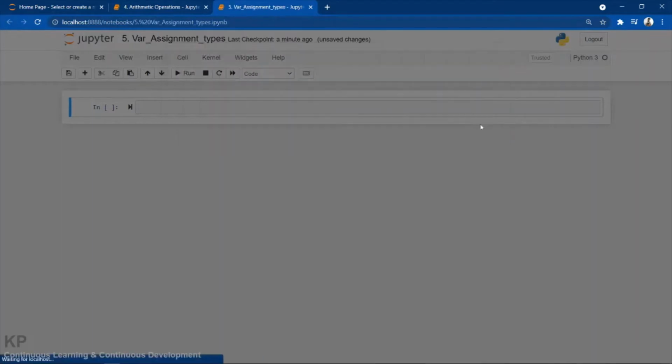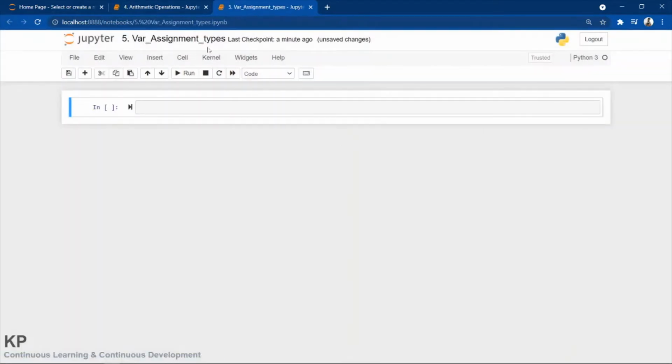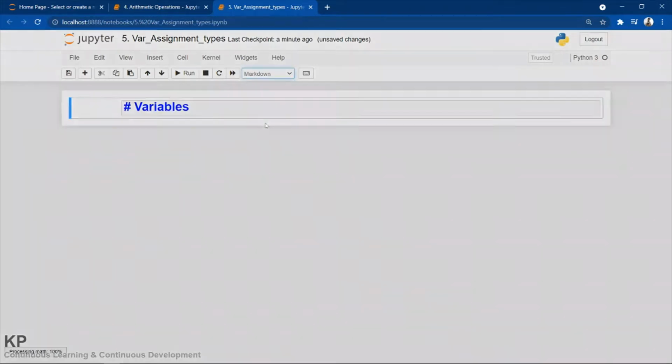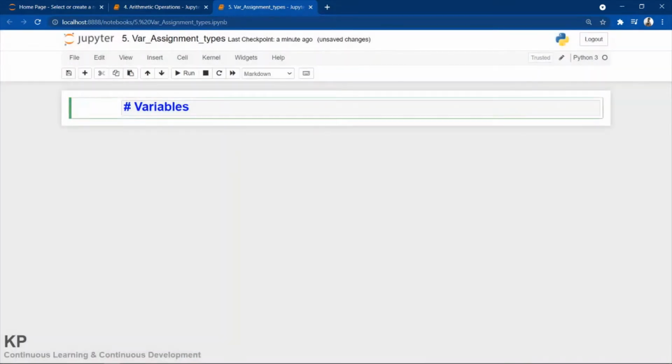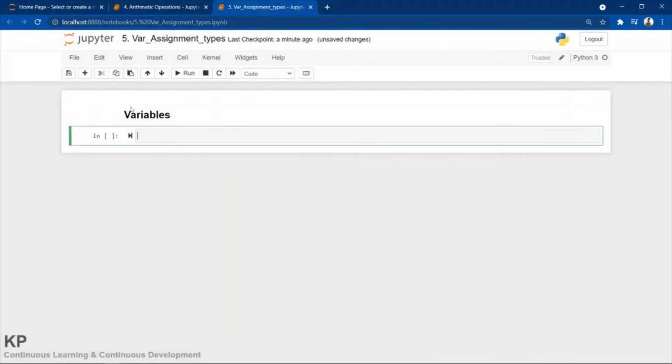So you can easily find the fifth video. Let me give the heading as first variables, and I'm converting this to a heading. For a second-level heading I give 2 hash marks, and execute.